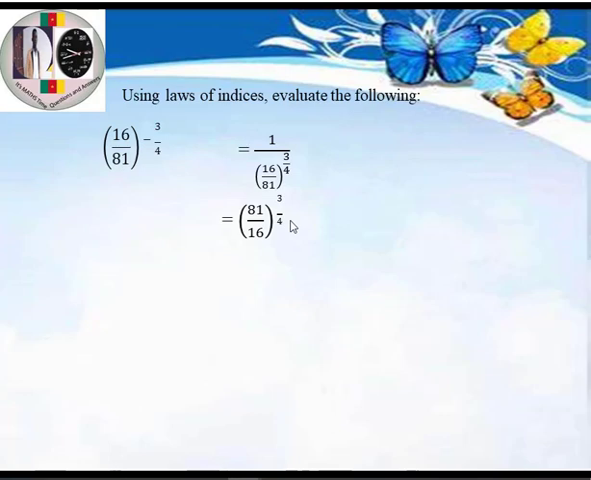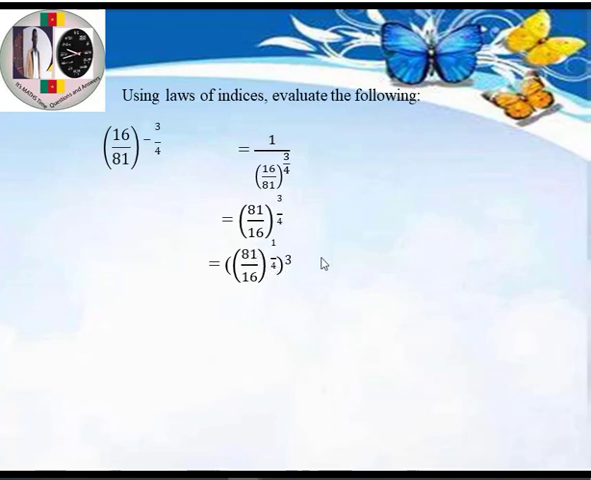1 times anything is that thing, so we didn't include 1. So the next thing we are going to do is simplify this and say that 81 over 16 is the same as 81 over 16 times 1/4, all of that power 3. So if we have 81 over 16 power 1/4, all of that power 3, we know that what if we